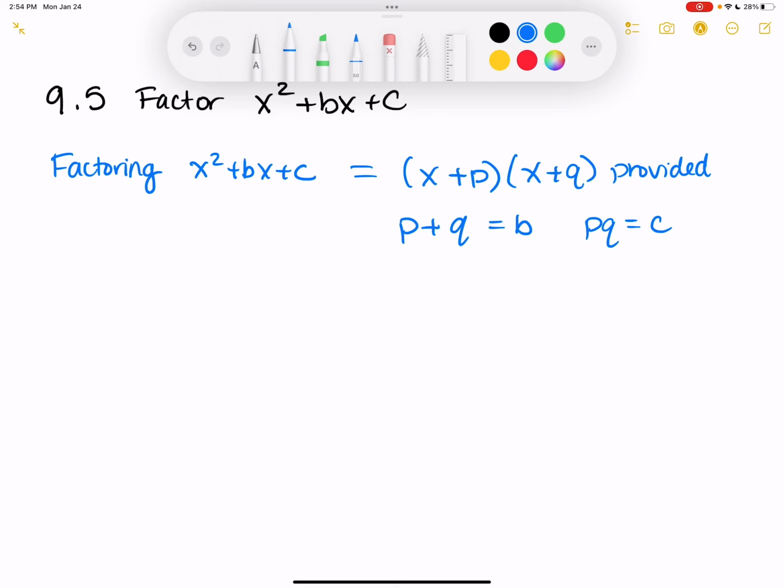Okay, so what that means is eventually there's going to be a number in front of x. This section there's no number in front of x, so that's why I say these are the easier ones. You're taking the letter C, your constant term, it's just a number, and you're figuring out what two numbers multiplied together give you that number that also add up to give you the middle